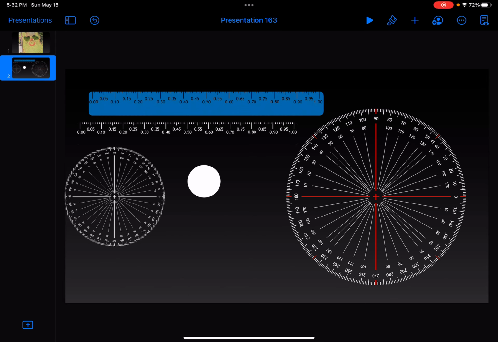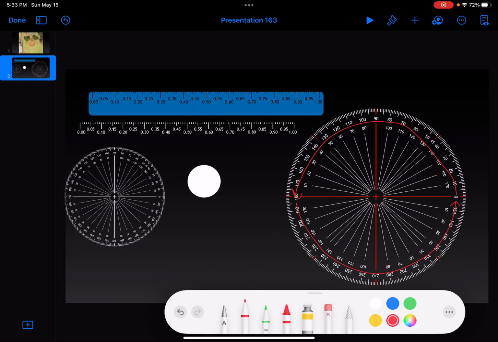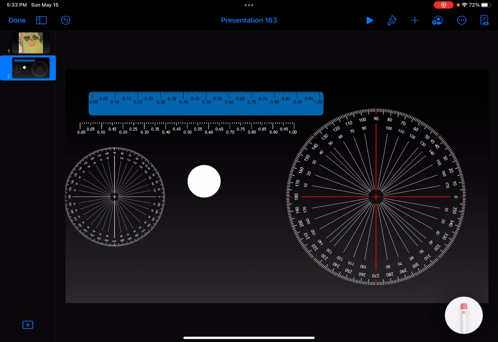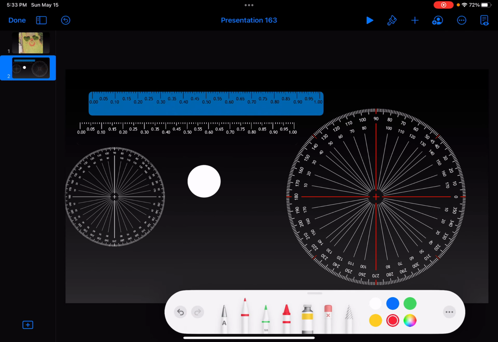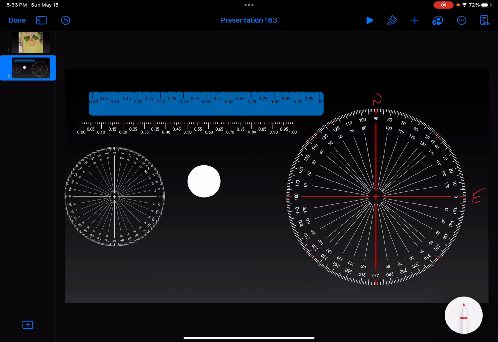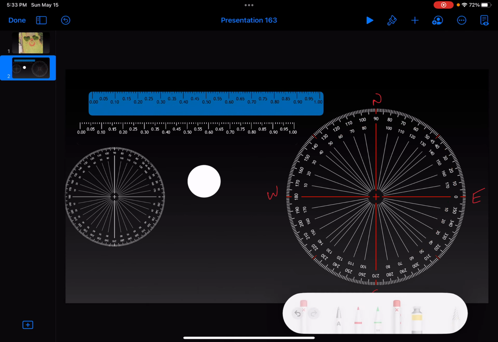All right. This one, let me go to my pencil for a moment. It counts from 0 all the way up to 180, and then it continues 190 all the way up to 359, or essentially 360. And that's useful if we're going to be using compass points in the military, as I understand it. The east is going to be 0, north is going to be 90, west is going to be 180, and south is 270. And any place in between is somewhere between 0 and 360. All right. That's one way to measure direction on